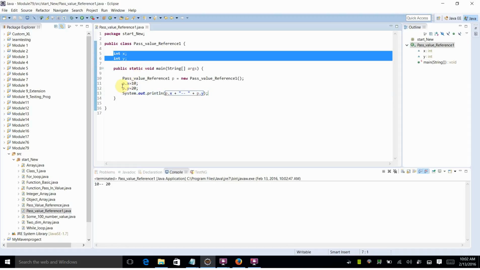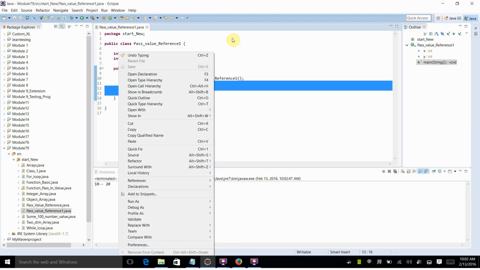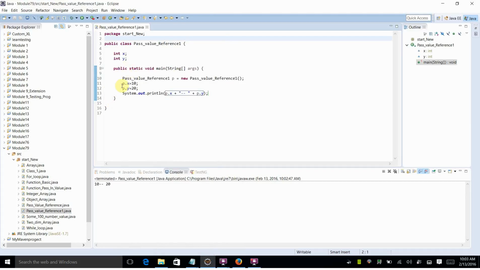Okay, so this is a global variable. Now I put the values inside the global variables, and I also created one reference variable for the class, which is p. Now I want to pass the values. So if I pass these two values, p.x and p.y, what happens? We need to see it. For this reason I will create another function, public static void